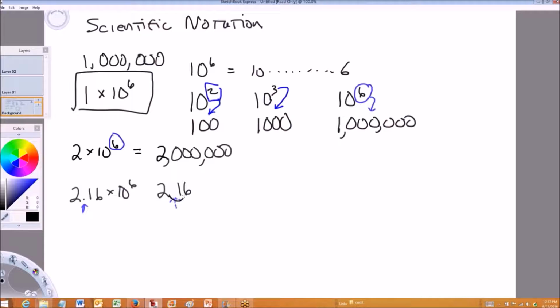So we're going to go 1, 2, 3, 4, 5, 6. And if we fill in the commas, we see we have